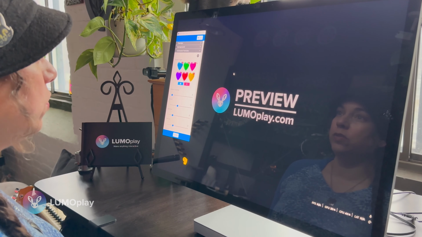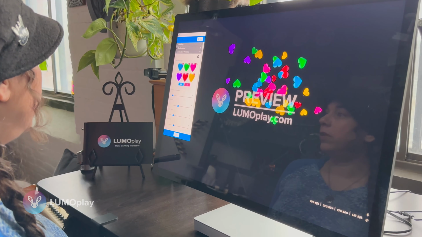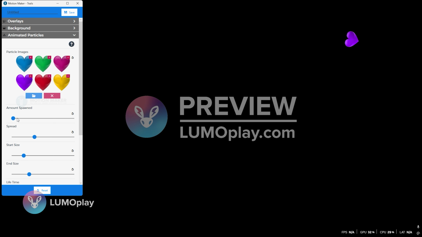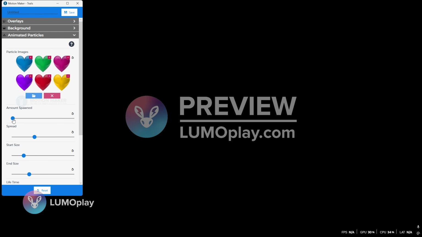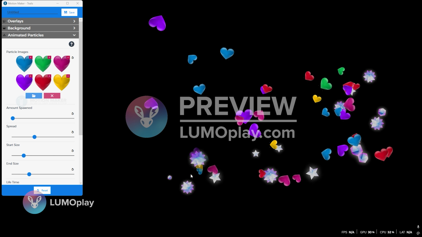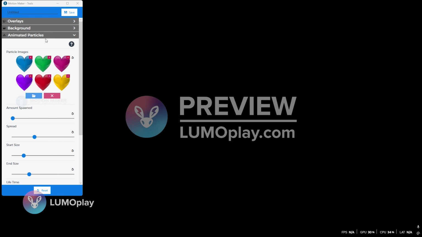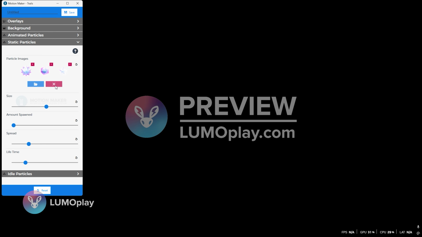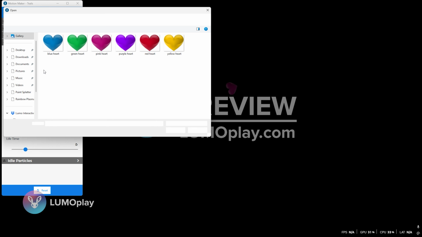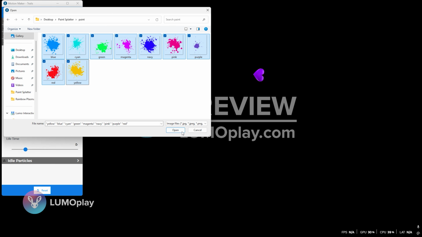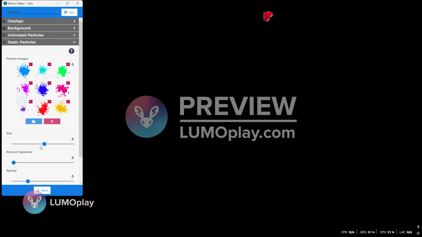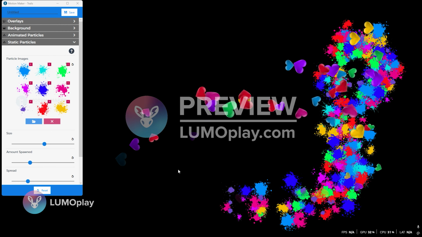I don't know if I want too many of them. It's probably a little bit too much. There we go. So just a few, not too many. And then I'm going to go through the same process, adding the paint in the static particles. So grab all of these, bring them in, make sure that the amount spawned is turned up so I get a nice thick trail,